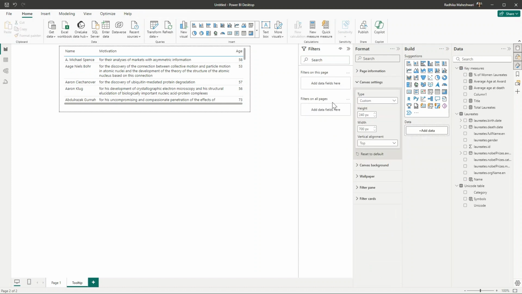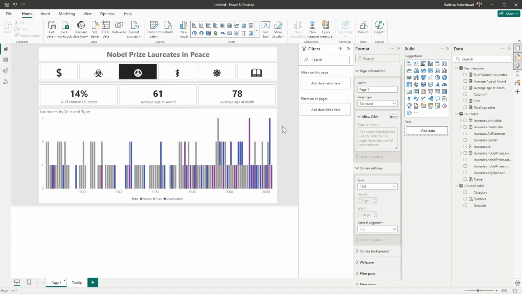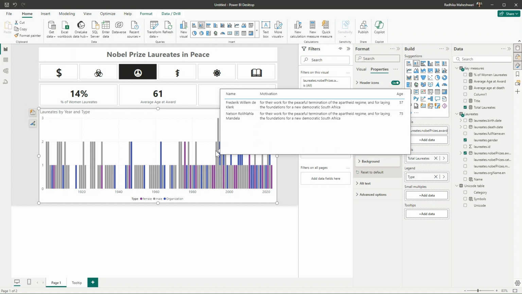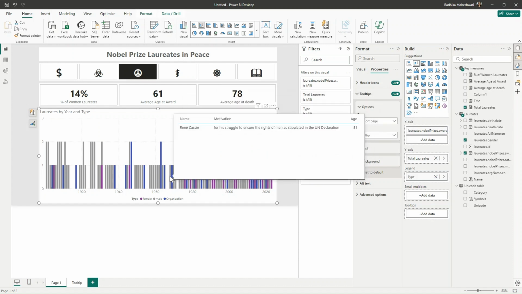We need to say this will be used as a tooltip page. So page type should be a tooltip. Keep all filters should be turned on. And now going into this visual, in properties, in tooltip, the type should be report page and the page should be tooltip. And now if I hover over it, I see the tooltips coming out all right.